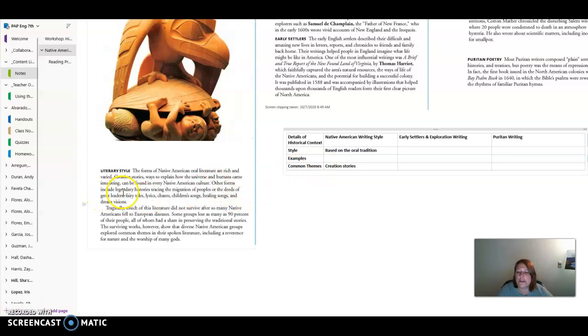Other forms include legendary histories, tracing the migration of people or the deeds of great leaders, fairy tales, lyrics, chants, children's songs, healing songs, and dream visions. So the kind of things that they're writing, we can write down. They're writing histories of migration, so where they've traveled from and where they settled down. They're also writing